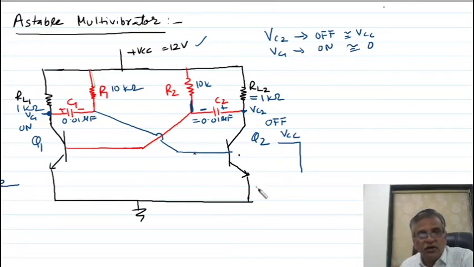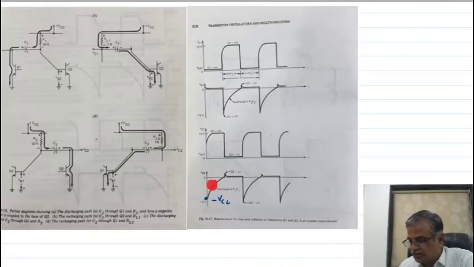This remaining in an off condition depends upon the time constants of R1 C1. Approximately after 5 time constants, these transistors start conducting. I will explain why it starts conducting: when this is totally discharged, a slightly positive voltage is developed at the base of transistor Q2. Due to this positive voltage, transistor Q2 will conduct.